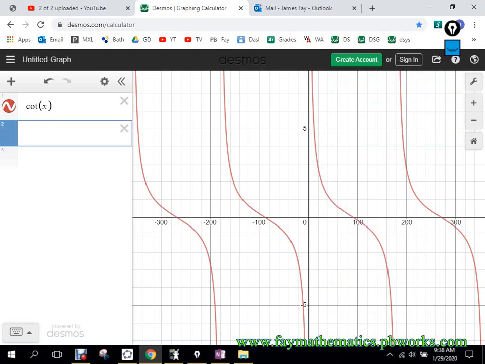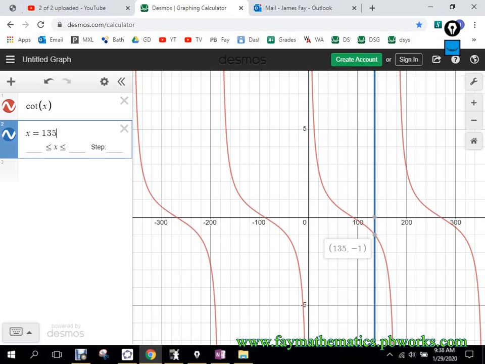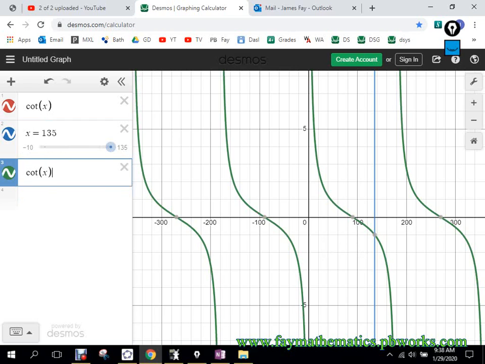If I look at an x value of 135, does that make sense? At 135 the cotangent is being evaluated at -1. You get a y value there of -1. So that's why when I say cotangent of x,